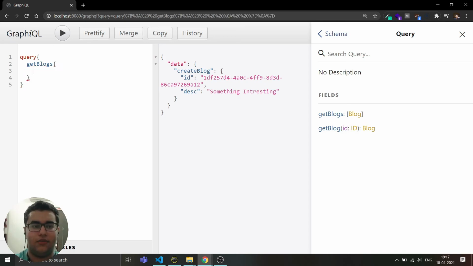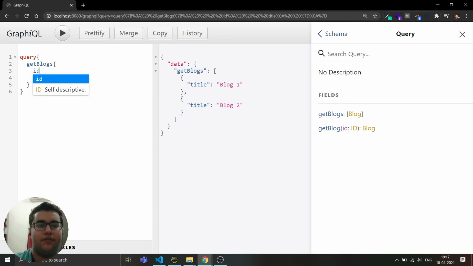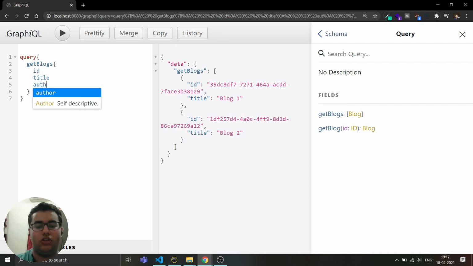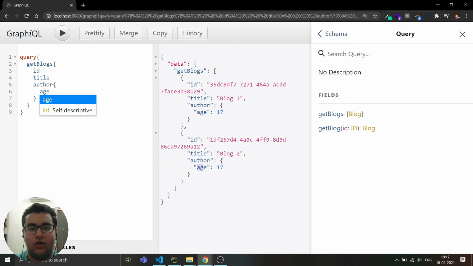With get blogs, we will be only getting the titles of the blogs. So we get an array of blogs with only the title. Let's say I also want the ID, so I get the ID. Let's say I also want the author details, and the author is an object. So from the author we want, let's say, only the age.